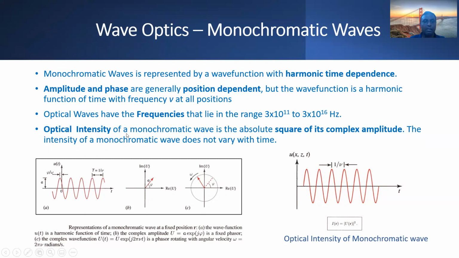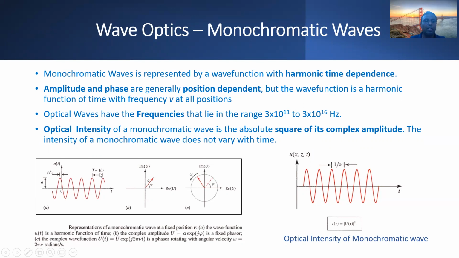The optical intensity of a monochromatic wave is the absolute square of its complex amplitude. The intensity of a monochromatic wave does not vary with time. Referring to the picture on the left, it is a representation of a monochromatic wave at a fixed position r, where the wave function u(t) is a harmonic function of time,